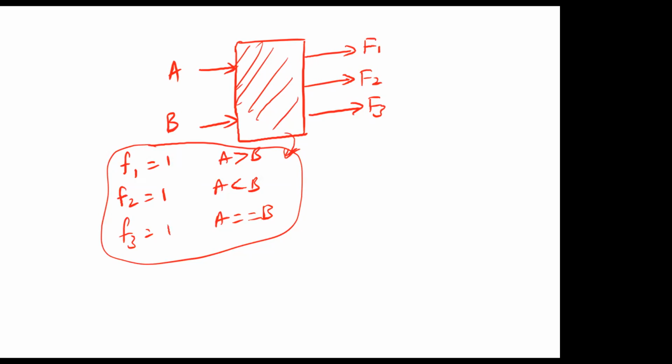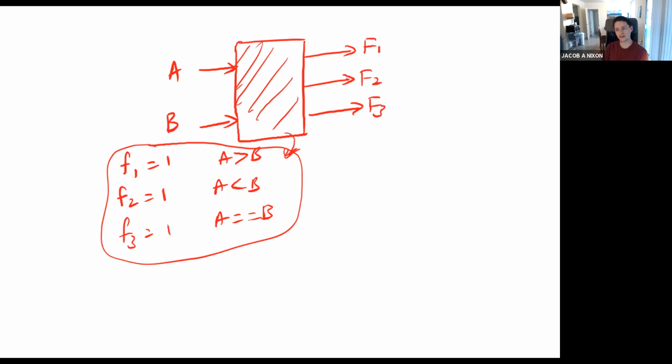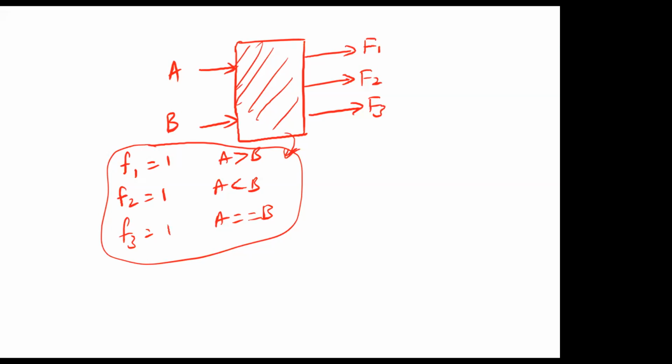Like, sure, we can always do bit by bit comparison, starting from the least significant bit all the way to the most significant bit, and see wherever there is a change, that's the higher value or that's the lower value or things like that. But how would you write that comparison in Verilog? So we could use an always block and add A and B to the sensitivity list, and then you just do a set of 3 if else. And for the first one, you'd say if A is greater than B, then F1 equals 1, F2 equals 0, F3 equals 0, and then the same for the rest of the conditions with an else statement at the end.